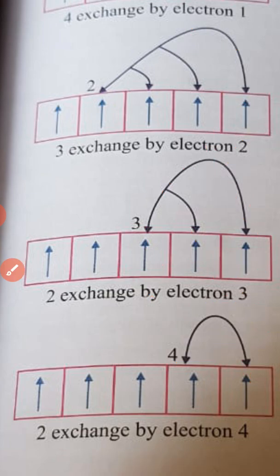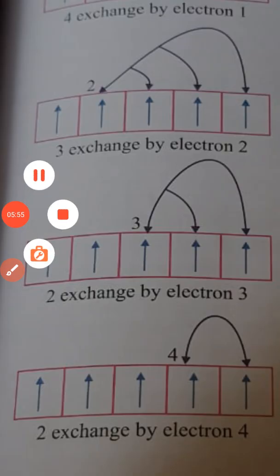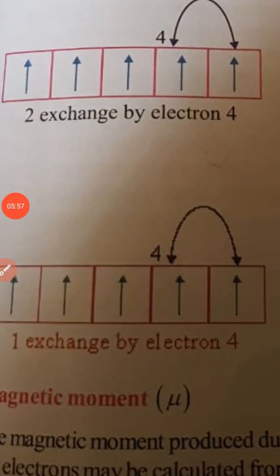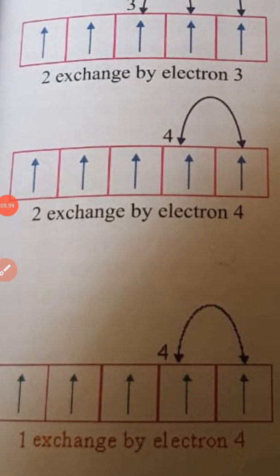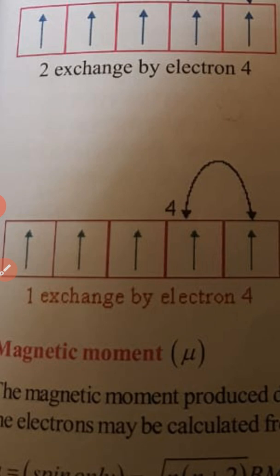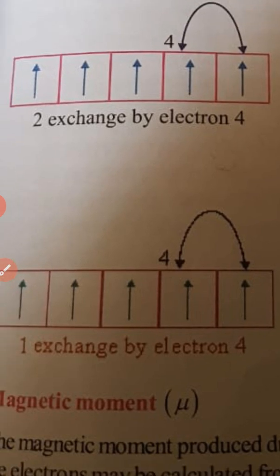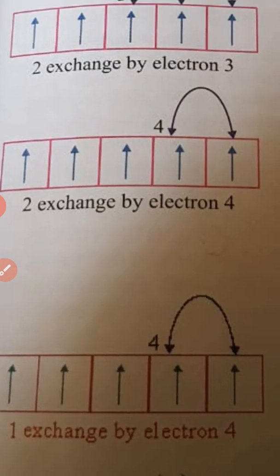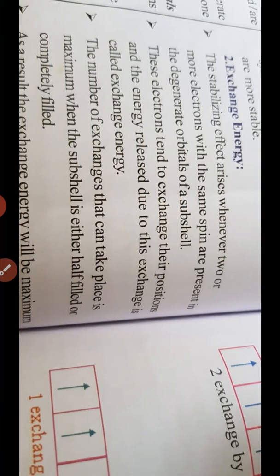Okay, next, one minute. I have got the sound. I'll just... there are 2 exchanges for 4 electrons in this picture, but in this picture there's only 1 exchange. It can go from here to either the 5th orbital, but that doesn't come back to the original orbital. Let's go to the next topic, magnetic moment.